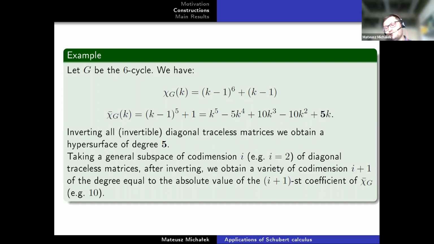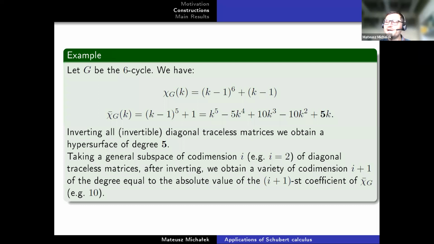And what June did after he realized this theorem, he took deep theorems from cohomology theory and started to use them to prove what properties these coefficients must have. By traceless matrices, you mean the matrices with trace 0? With trace 0, yes. This comes from the fact that the linear span of this adjacency matrix was the whole space, but with the condition that coordinates sum up to 0. This is how we got the traceless matrix from the 6th cycle.